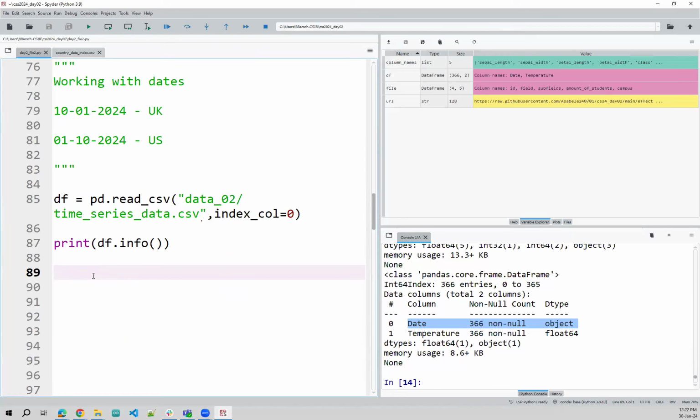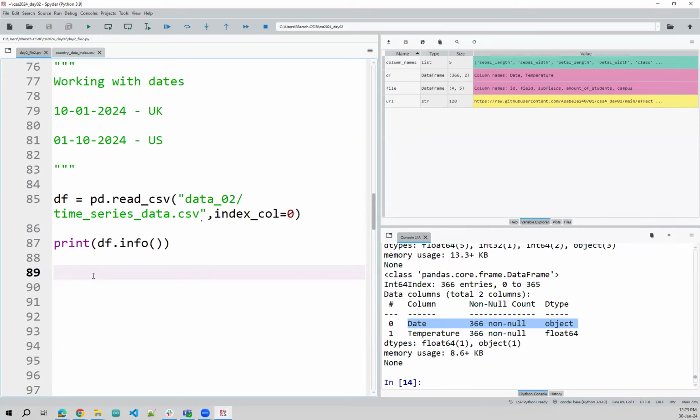Because pandas has built-in features that allow you to filter based on a certain date range, or other very useful features, right? If we keep it as a string, pandas doesn't know it's dates. Whereas if it knows it's a date, then it can say, okay, give me from this month to that month, or from this day to that day, or various other features that are built in if you store it as